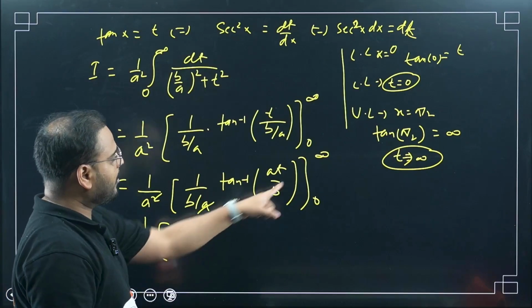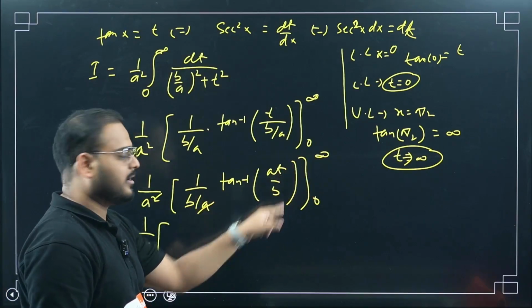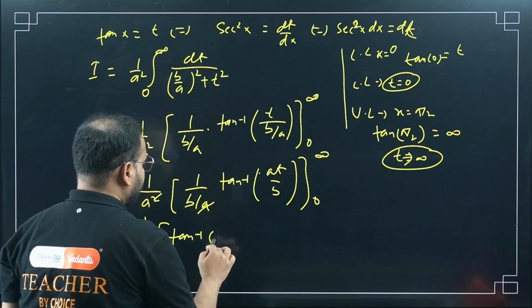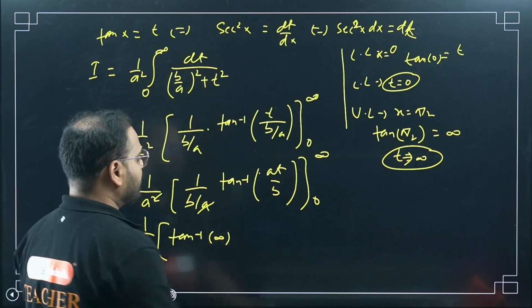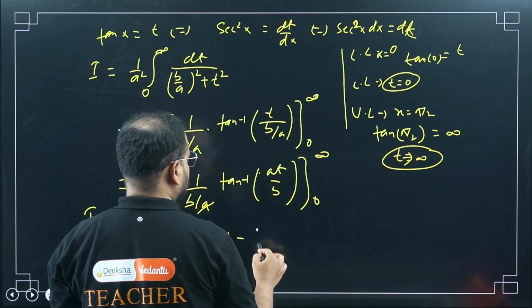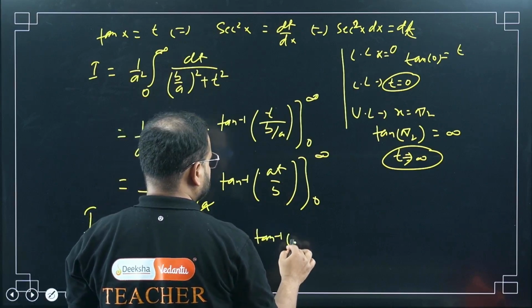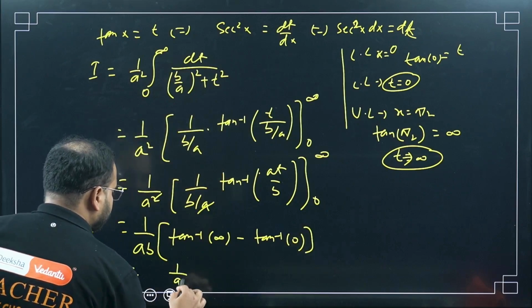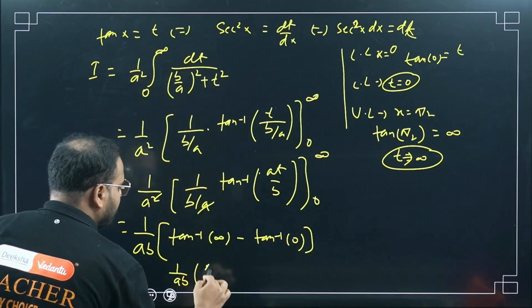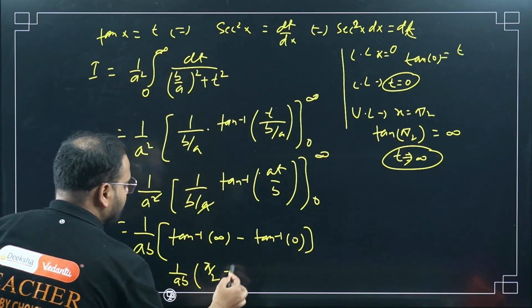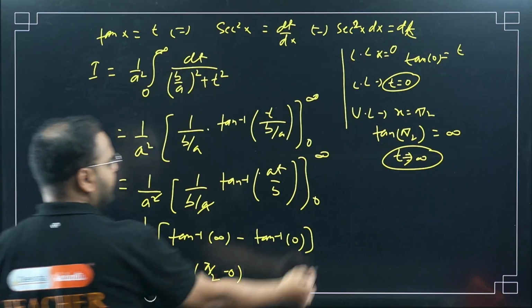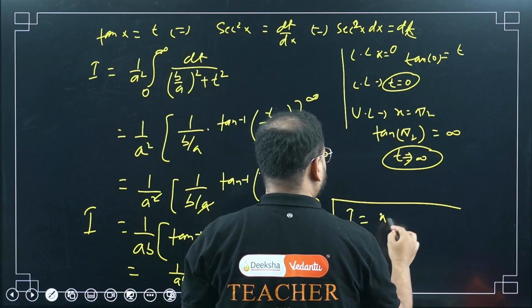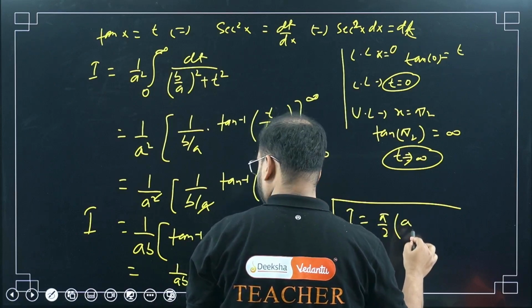Tan inverse of, if I put infinity for the upper limit, everything will become infinity. So I get tan inverse of infinity. If I put 0, I get the whole thing as 0. So minus tan inverse of 0. Please have a look. 1 by ab. What is this thing? Pi by 2. What is this thing? Simply 0. What is my answer? My answer for I